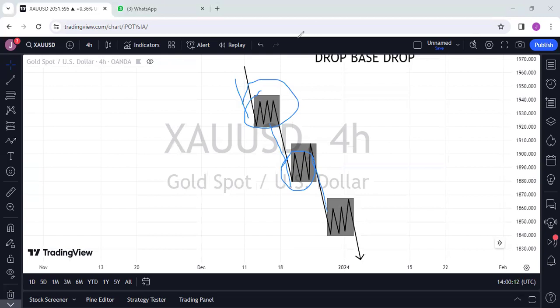But just as a bonus, as a trader, you cannot be trading all these kinds of market structures. So you need to identify one that will work best for you. You either decide to trade support and resistance, demand and supply, rally-based rally, or drop-based drop. So that is all about the basics of the advanced part of market structure. Remember, we have gone through the four: support and resistance, rally-based rally, drop-based